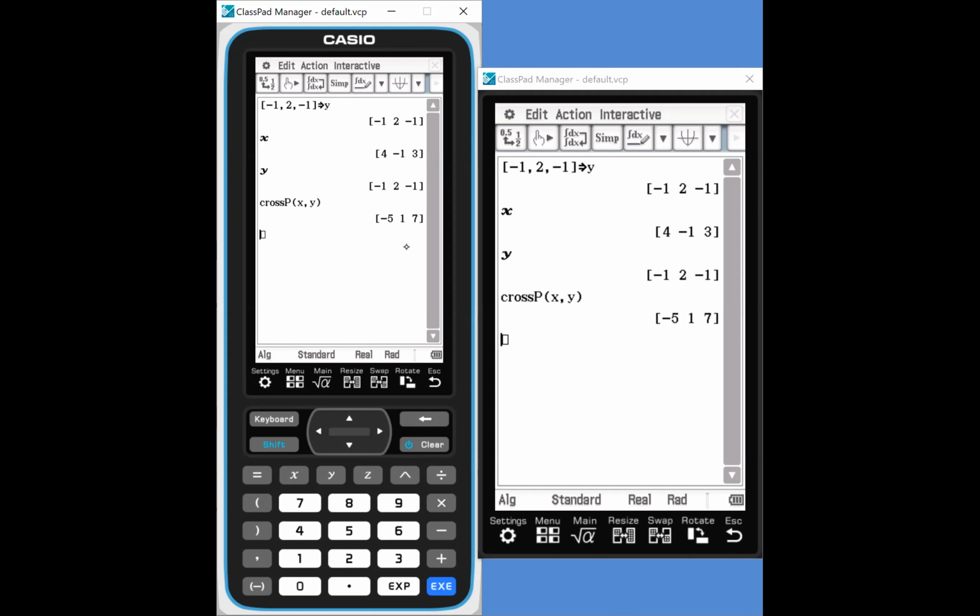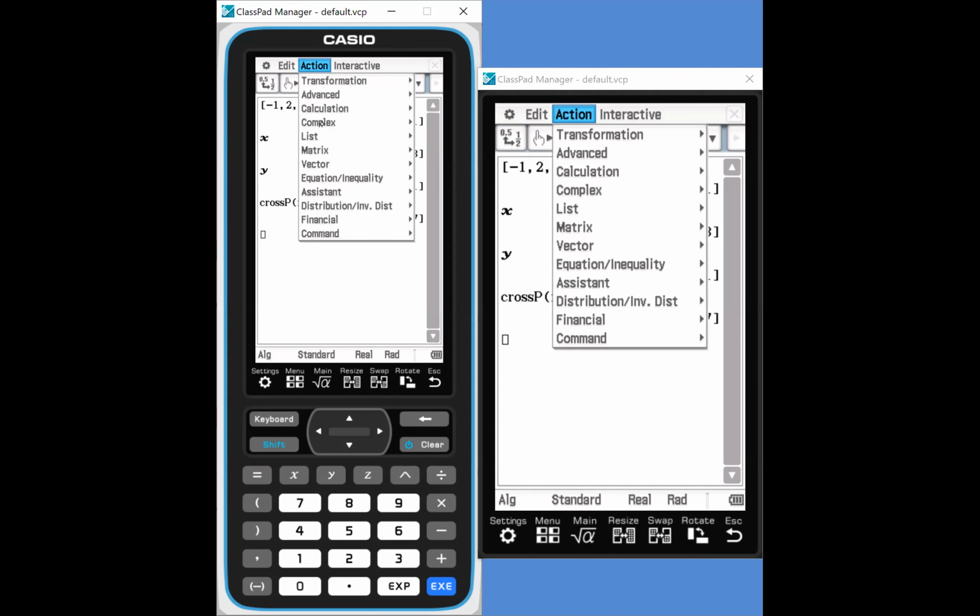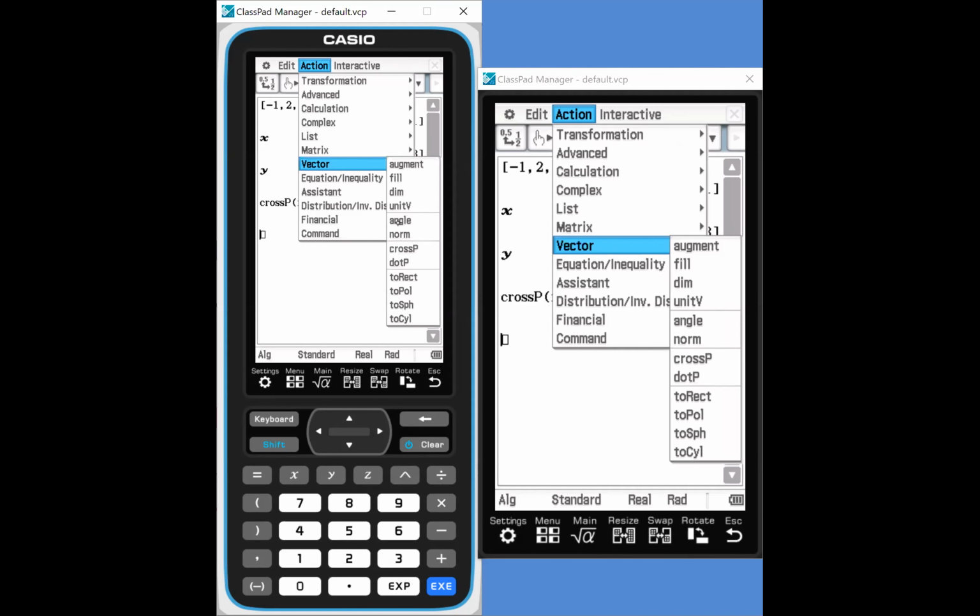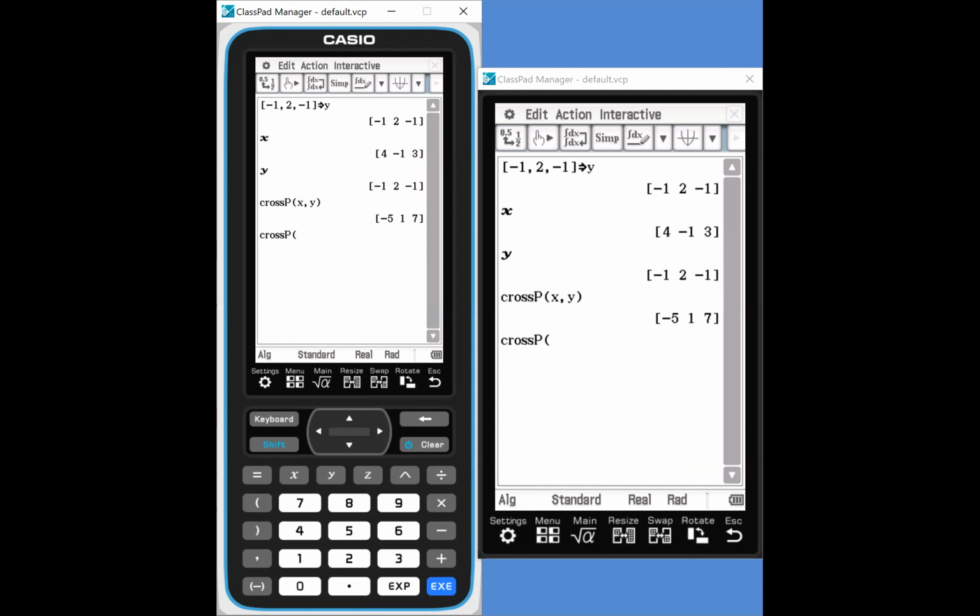And then you might be wondering, oh, what happens if I did the cross product of Y and X? So I'm going to redo it again. Here we go. Vector cross P, Y, comma, X. And look at that. It's pretty much done the exact same thing, except one is the negative of the other. And that comes back to the idea before where